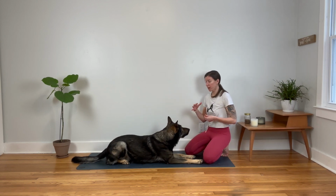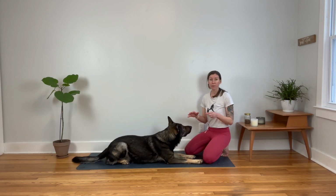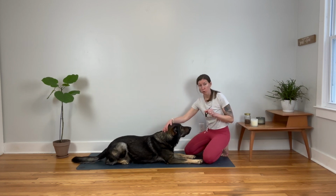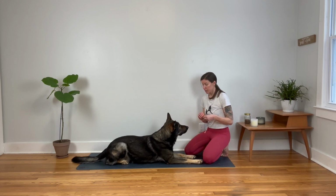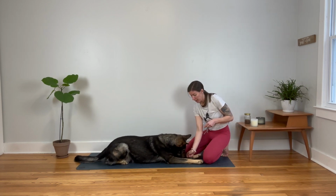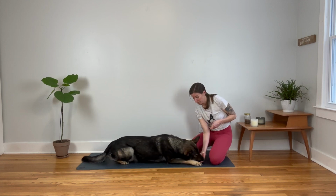To really bring in an element of child's pose and not just a down with our dogs, we want them to drop their chin, drop their head, and move it forward so that they can get a little bit more of a stretch in the whole backside of their neck and also in the front of their body a little bit. So to do that, when your dog is in the down position, you'll take one treat right on your dog's nose, lower it downward between their paws, and then bring it forward just a little bit and let your